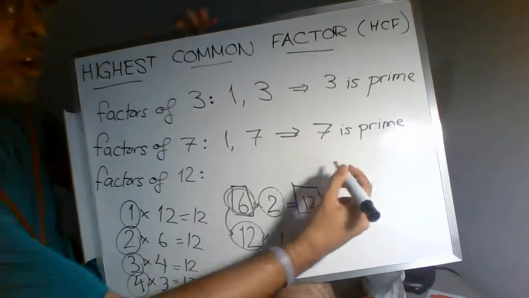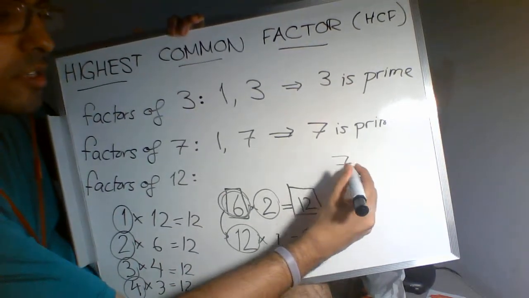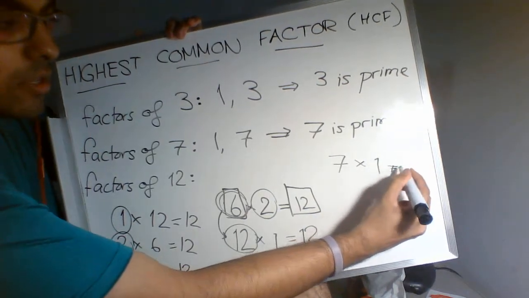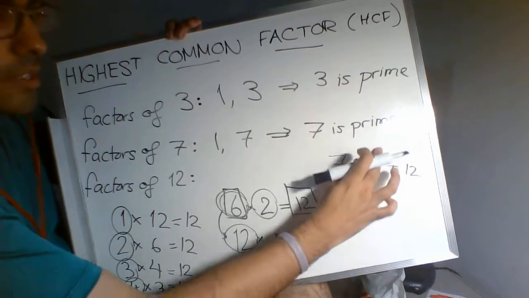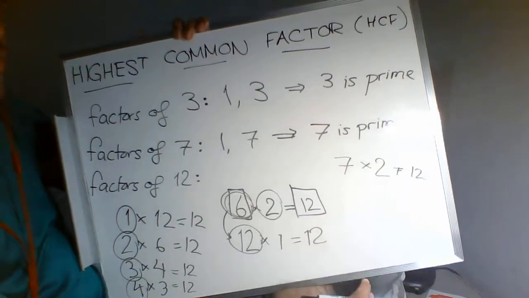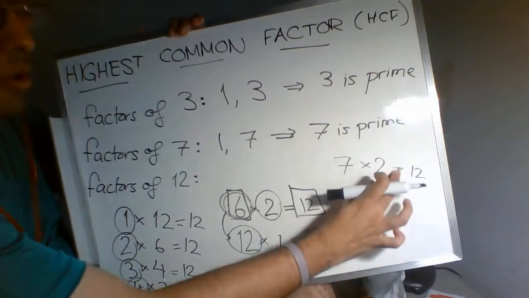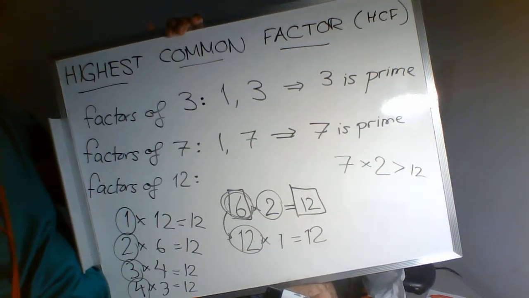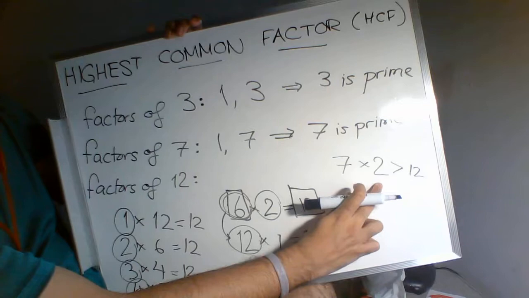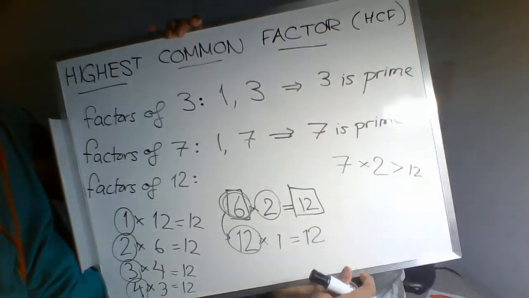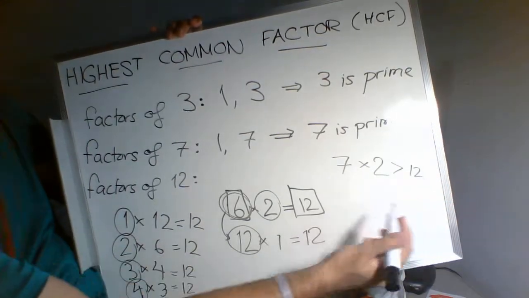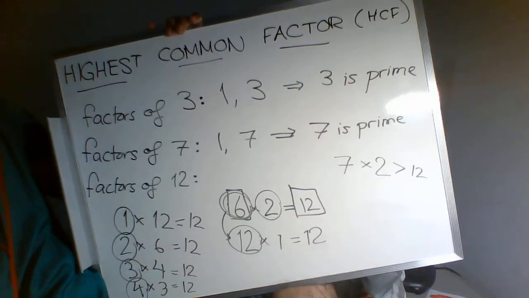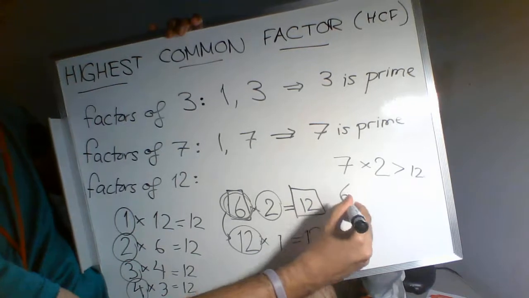I already know if I put a 7 here, 7 times 1 is not going to get me 12, right? It's not going to equal 12. So that doesn't help me. 7 times 2 is also not equal to 12, but also 7 times 2 is already bigger than 12, which means that any other number, this 2 or bigger, is going to give me a number that's bigger than 12, right? 7 times 2 is already bigger than 12, so 7 times 3 would be bigger, 7 times 4 would be bigger, and we know 6 times 2